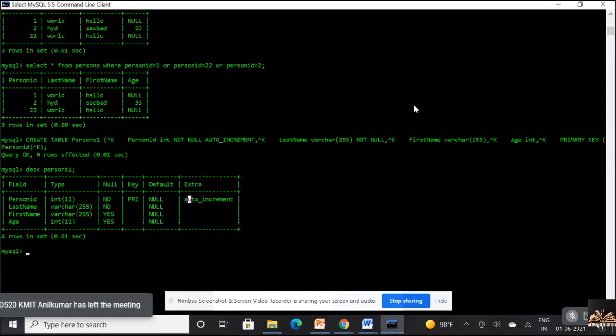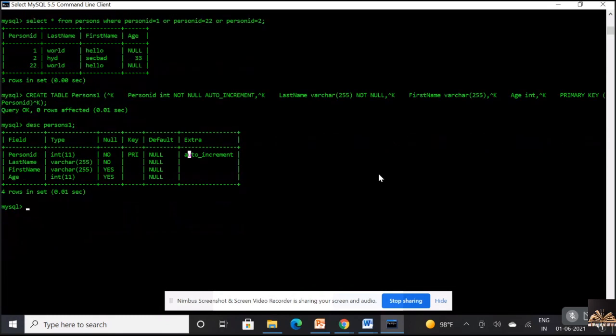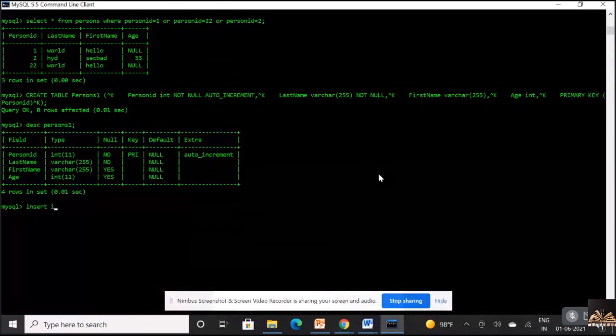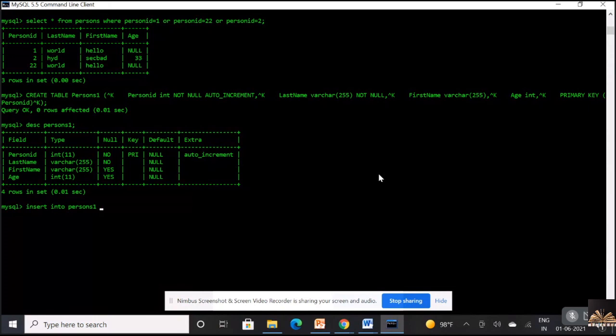Okay, now what I'll try to do is enter a record into this particular table. Insert into persons 1 values, last name, first name, comma, age.